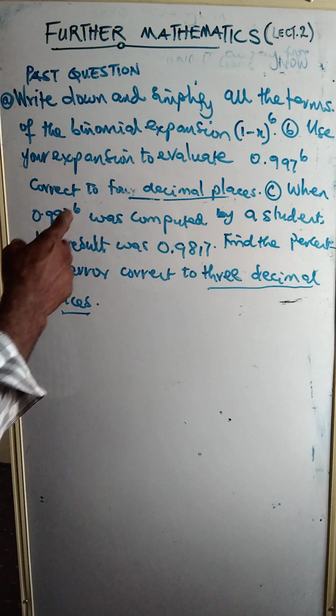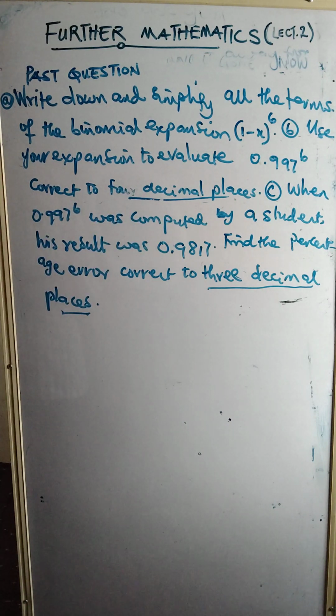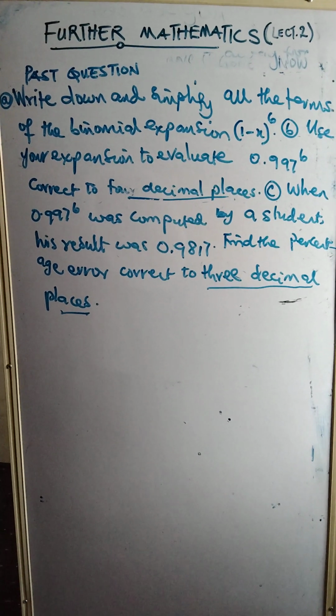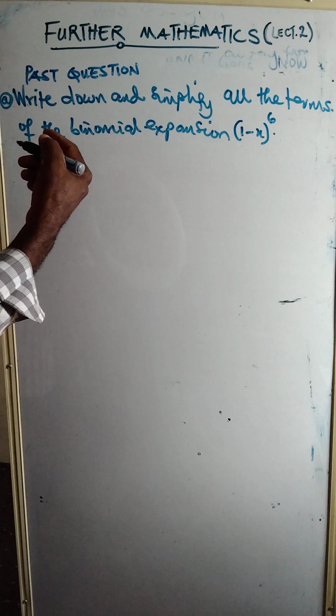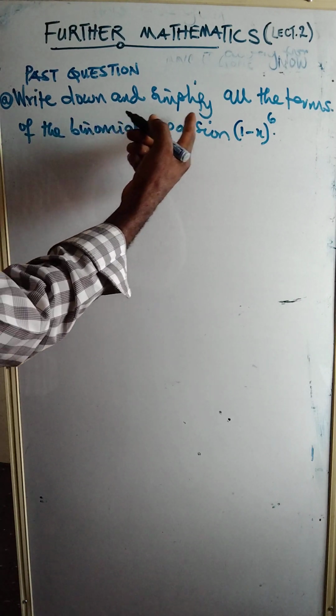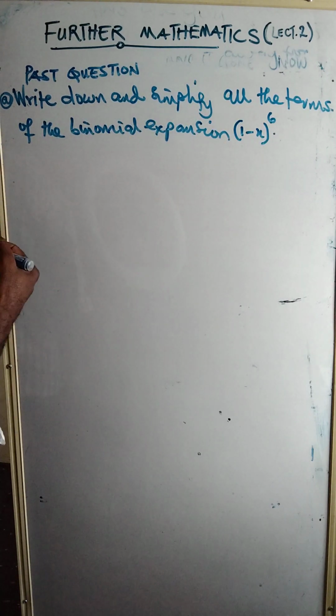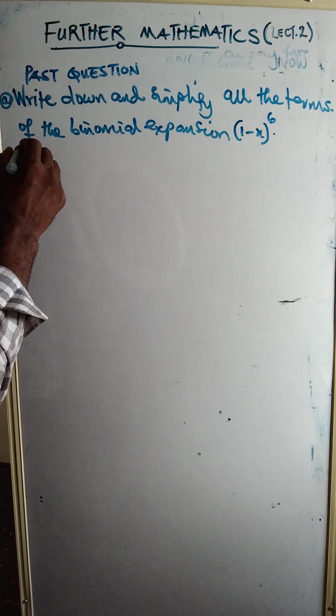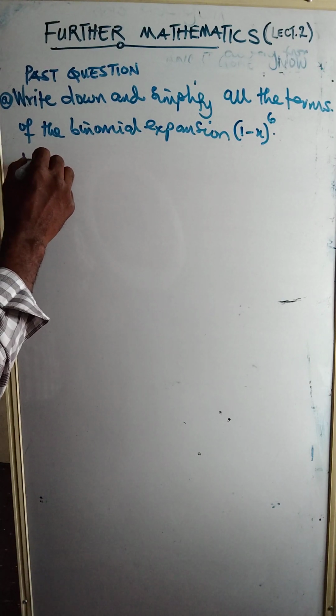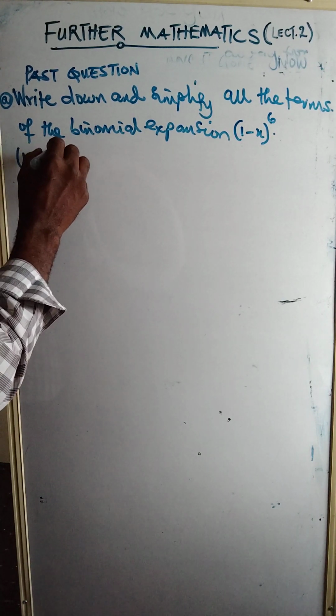So we are going to look at how this could be solved right away. So let's take the first part and say: write down and simplify all the terms of the binomial expansion. So dealing with A1, we take this first, and that's going to be (1 - x), everything raised to power